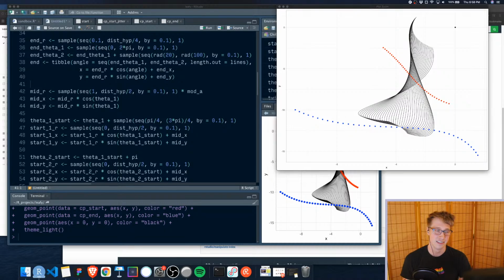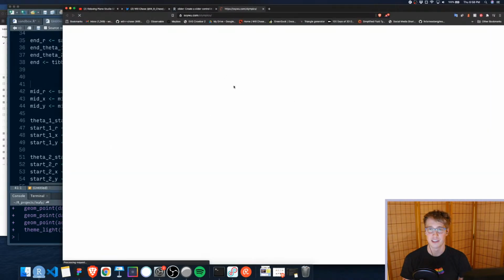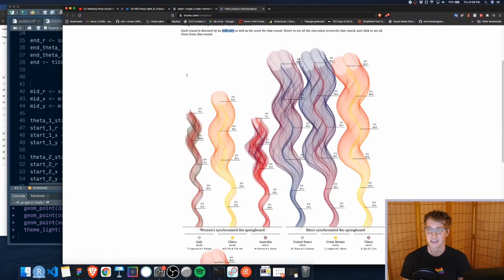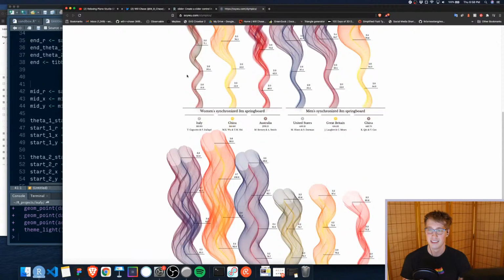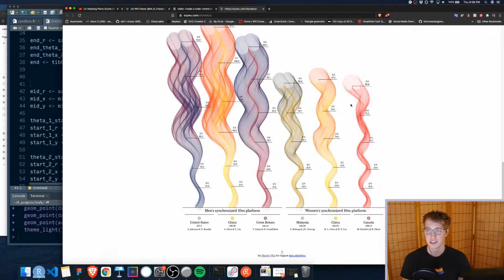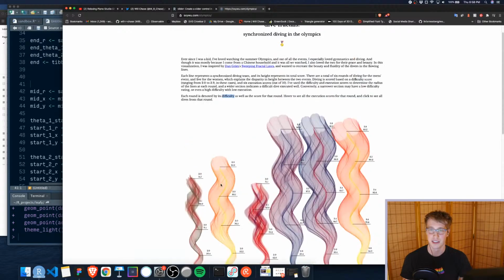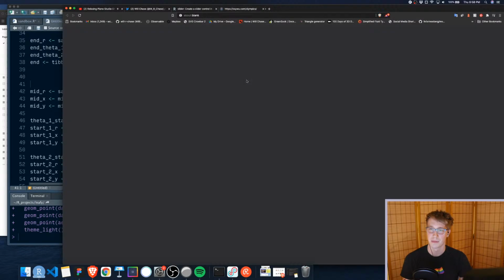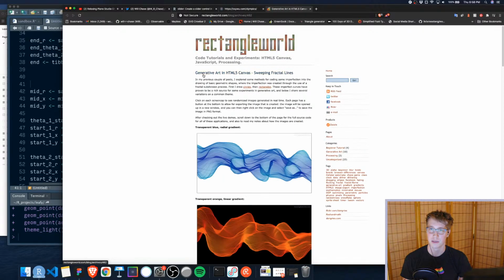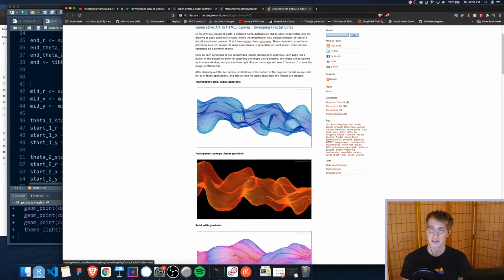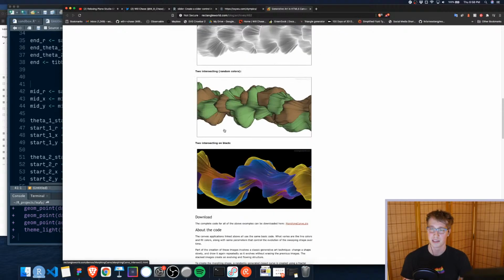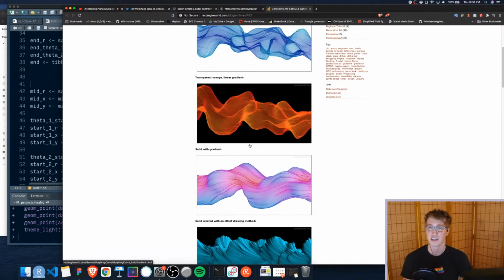Matthias says it looks kind of like Shirley Wu's Olympics sketches. Ooh, you're right, it totally does. Yeah, these are really cool. The way that Shirley generated these, I think... okay, she even links to this post. This is a pretty common concept, not a new one, but this guy has done a really nice implementation, and so has Shirley,